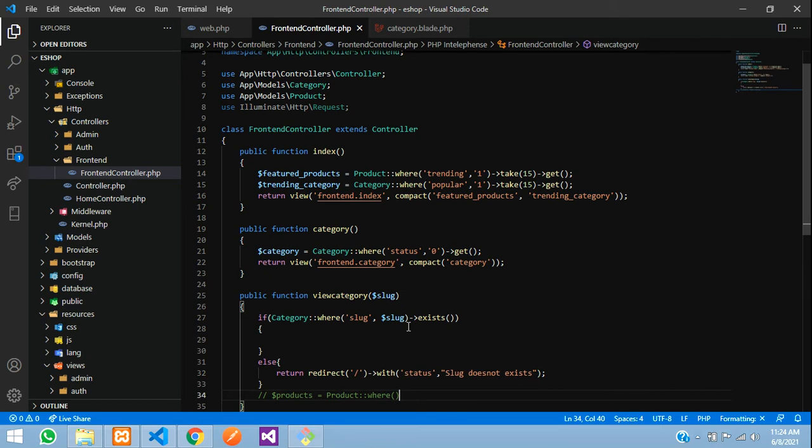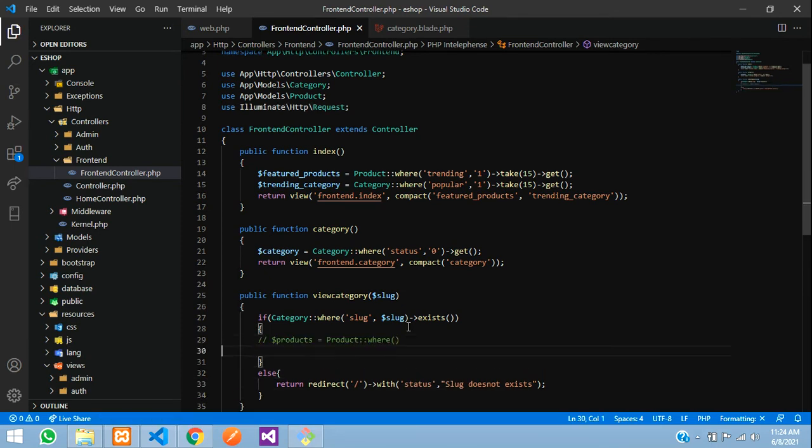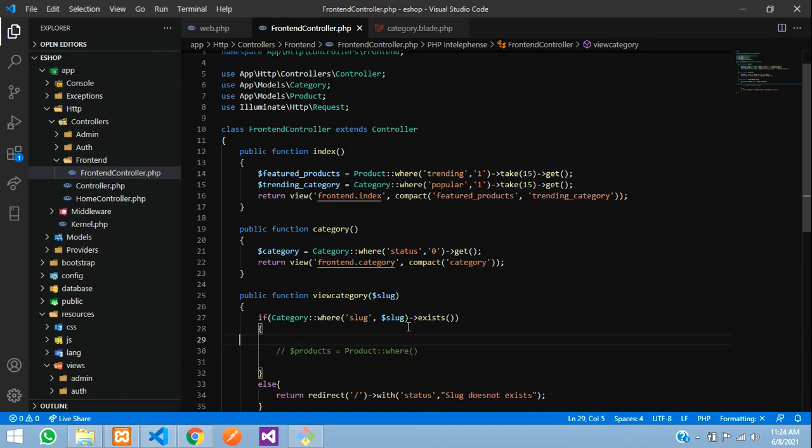Now copy this, cut from here and paste it inside this if category. So if there is an existing slug like that, then we are going to fetch the category details.